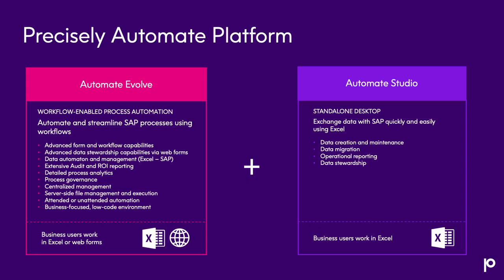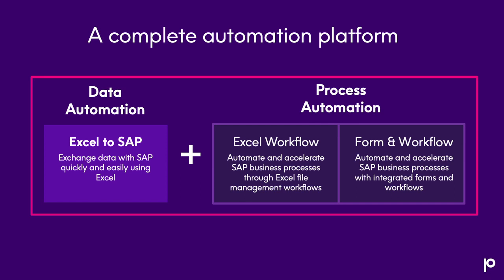Well, it consists of our 2 primary products. It consists of Automate Evolve, which is our workflow engine that helps you drive that complex process organization when you need to go through a complex workflow for review and approval or something of that nature. And we'll talk about some of those examples. And then there's Automate Studio. And Automate Studio really is that Excel to SAP tool that our customers use for mass data processes. So the furniture distributor that I talked about was a really good example of that. They're doing all of that in Automate Studio, where they don't really have to go through a review and approval process.